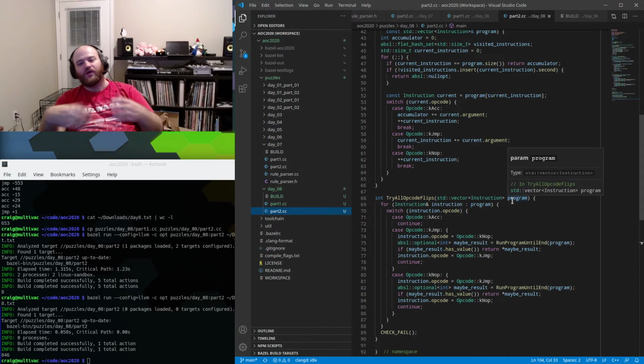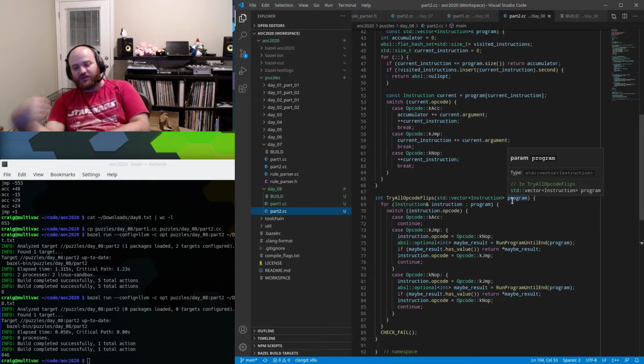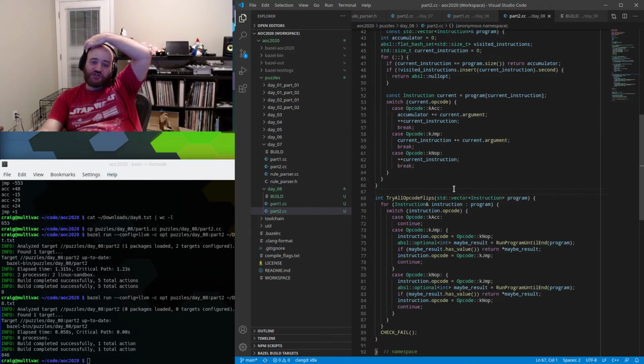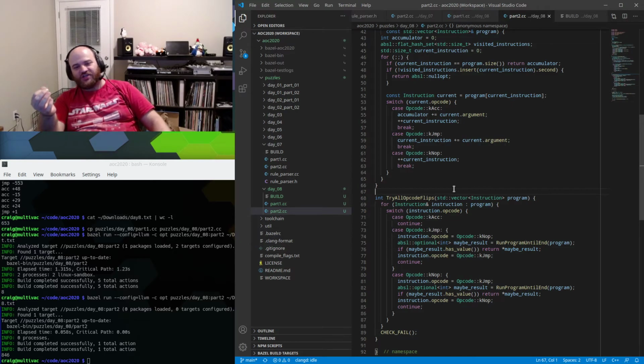So all the sequences of acc and nops at the end of the program, which would lead up to that final instruction of the program, or different jumps elsewhere in the program that could lead there, and try and find the one change in the control flow graph of the program that would make everything correct. I think that sort of approach is still possible. I haven't really thought too much about what the algorithmic complexity of that is. I can say just right now that